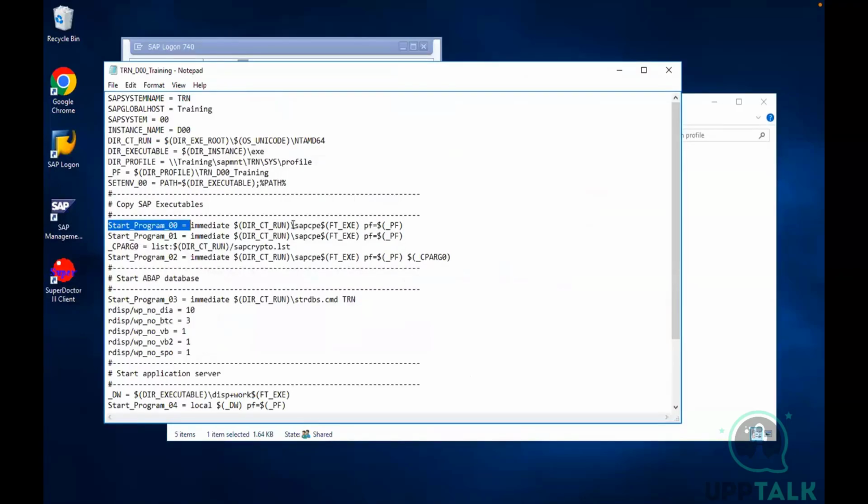It is going to call this program SAP CPE. The SAP CPE program is going to run and it is going to start the ABAP database. Are you able to see, right, guys? Yes, Sanjay. Yeah. So this is what is happening in the background. When we start, it is going to call this program SAP CPE. SAP CPE is going to call another program,